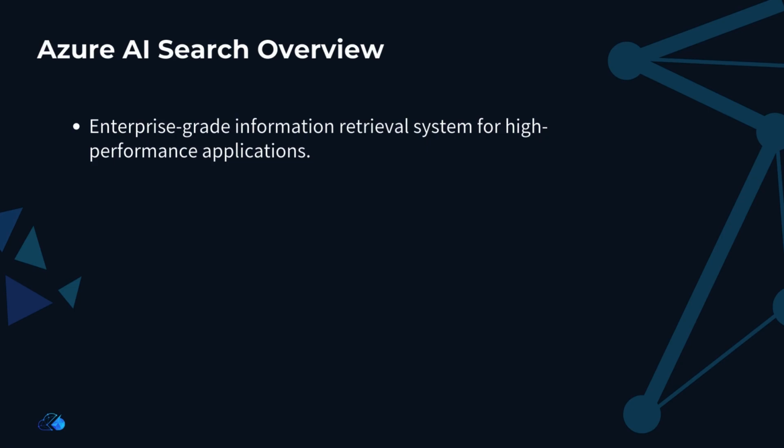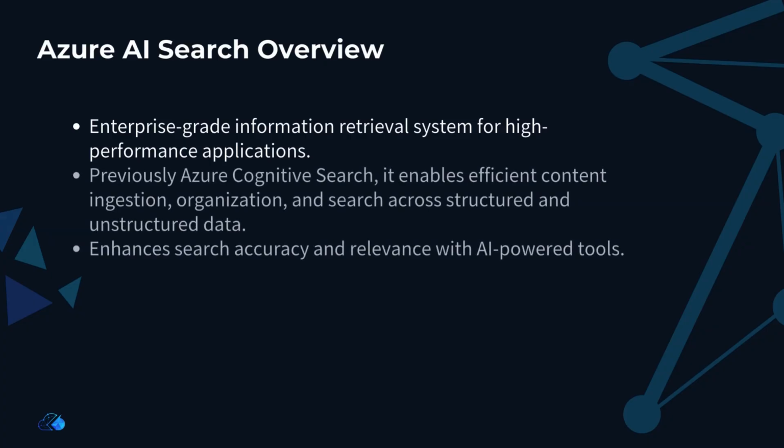In this lesson, we'll talk about Azure AI Search, a powerful enterprise-ready information retrieval system designed for high-performance applications at any scale. It was previously known as Azure Cognitive Search. This service enables organizations to ingest, organize, and search through diverse content efficiently. Whether you're working with structured or unstructured data, Azure AI Search provides the tools needed to enhance search accuracy and